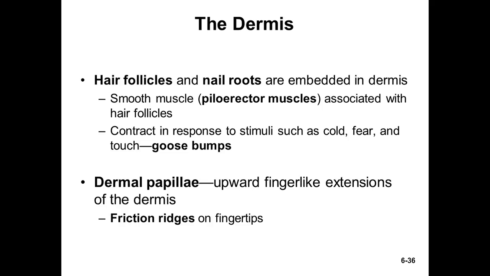It has no function in us, but it does have functions in certain animals. It just allows us to respond to certain stimuli, causing the hairs to stand in an erect position. So the piloerector muscle is